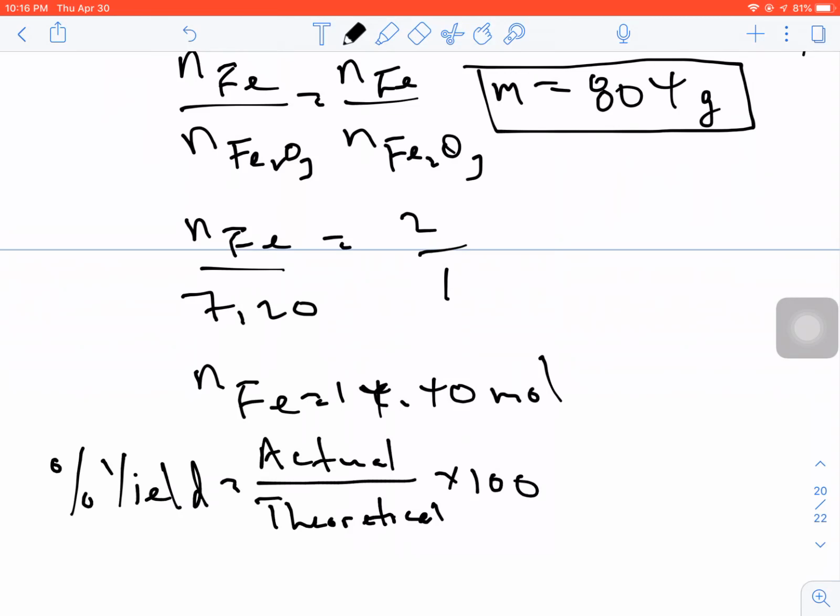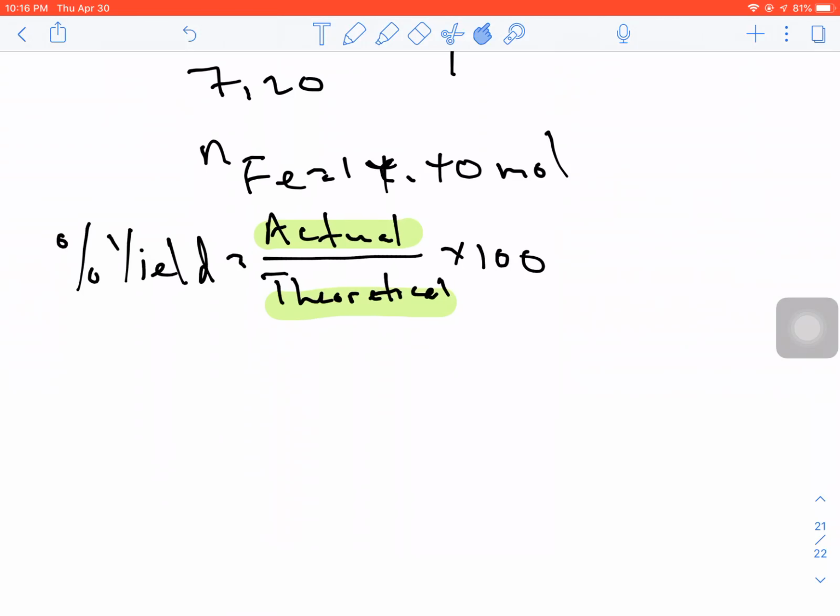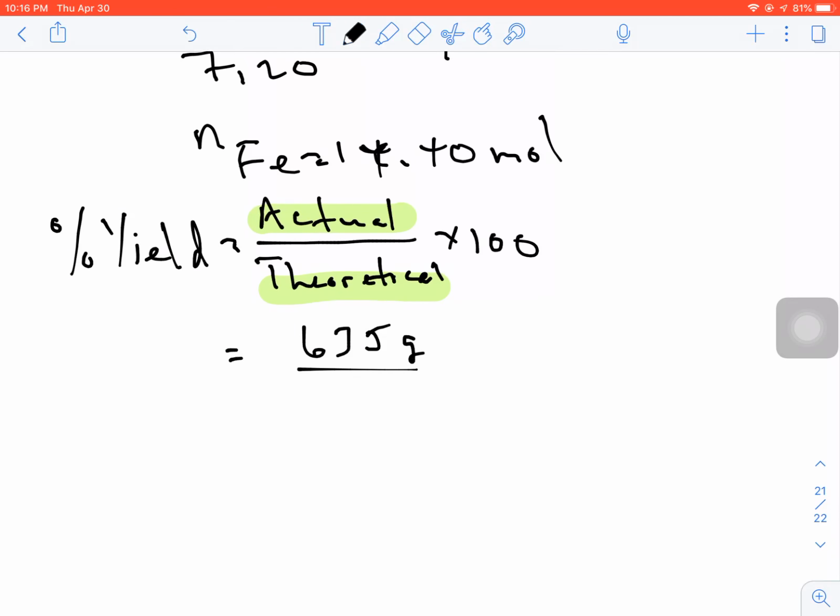Now, I know that my theoretical yield, what the calculator told me, was this number here. This is what I'm supposed to get when I do the lab. I did all the calculations just the way I'm going to do on the tests and get perfect on the question, and I got 804. That's how much I am supposed to get. However, when I actually did the lab, I only got 635 grams. That's my actual yield. So to calculate how good the lab was, my percent yield, I'm going to take my actual yield of 635 grams, divide it by what I was supposed to get, which was 804 grams, times 100,